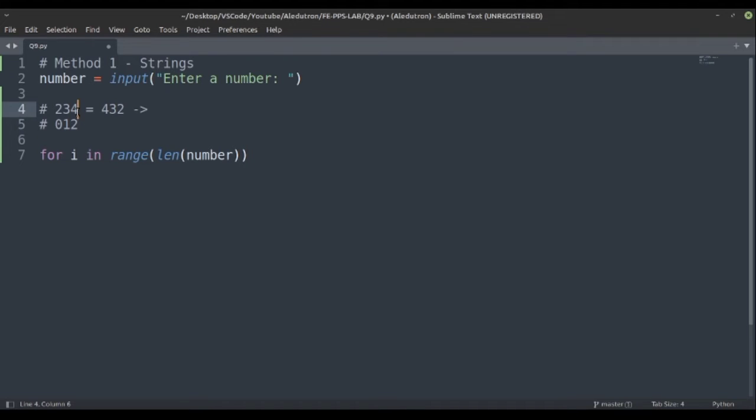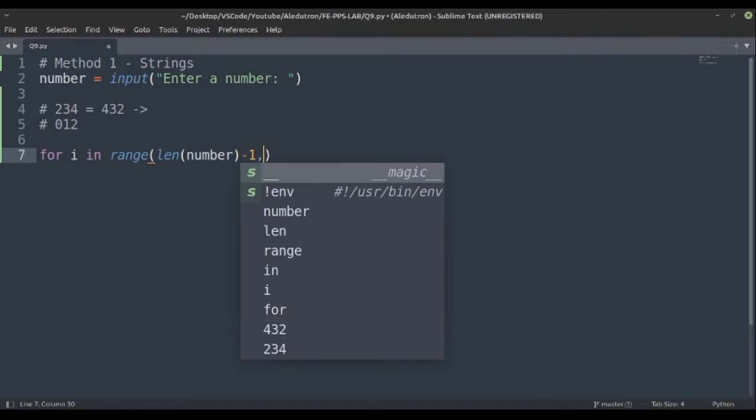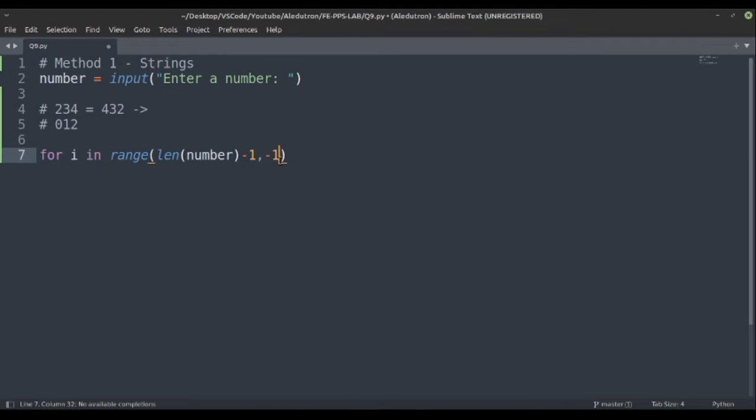So the last has index 2. We will first check the length of the string, so it would be 3. Length minus 1 would be 2. So we will start with 2 and end at 0. So we will take -1. Why -1? Because I have said that range will stop one value before the last value.